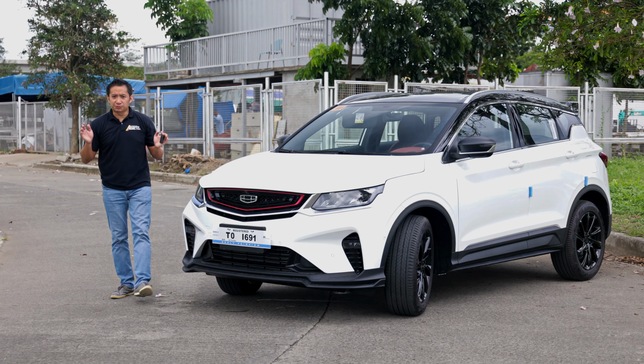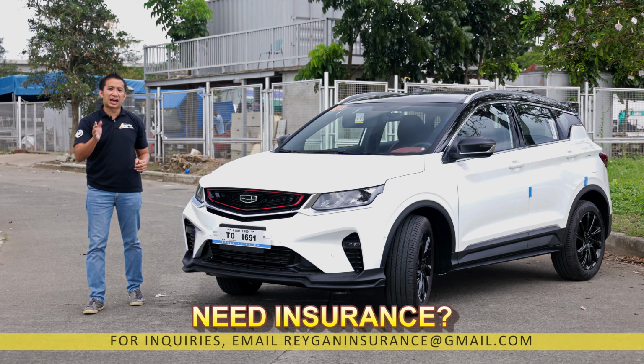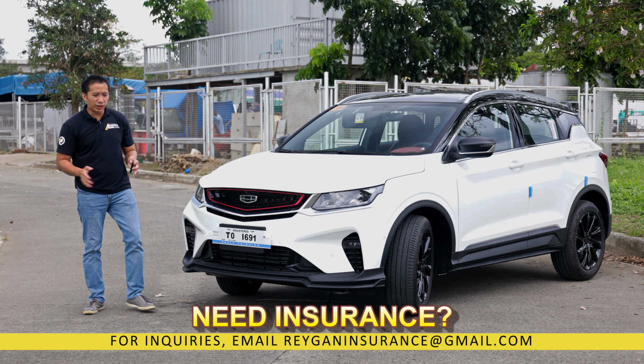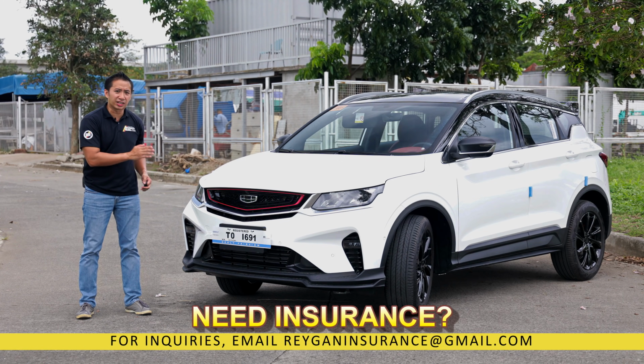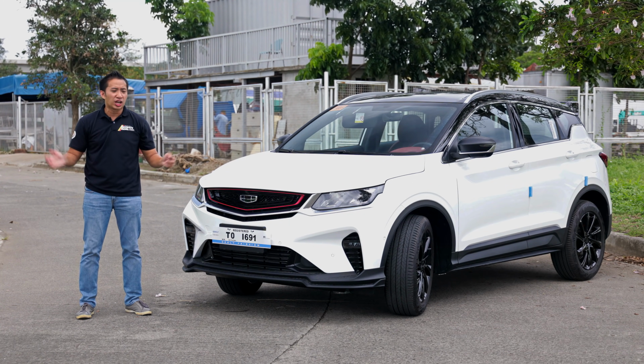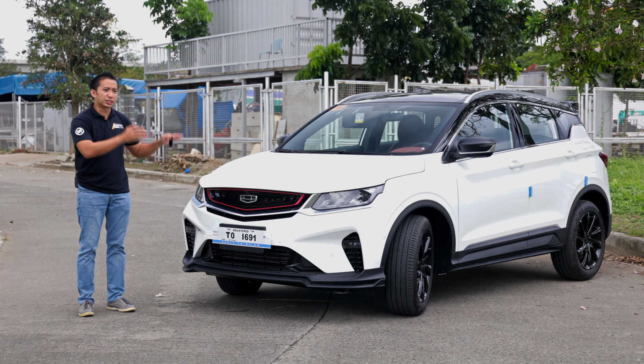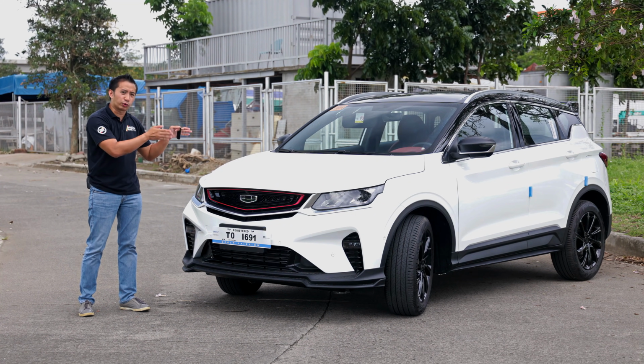The Geely Coolray has been the undisputed value crossover champion ever since it entered our market in 2019. However, with more competitors now nipping at its heels, Geely has decided to unleash the full power of the Geely Coolray. Now what we have here is the Super Saiyan form of the Geely Coolray Sport,